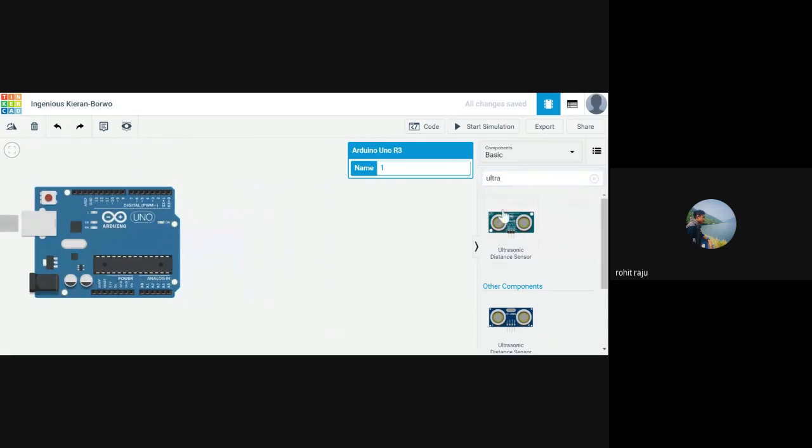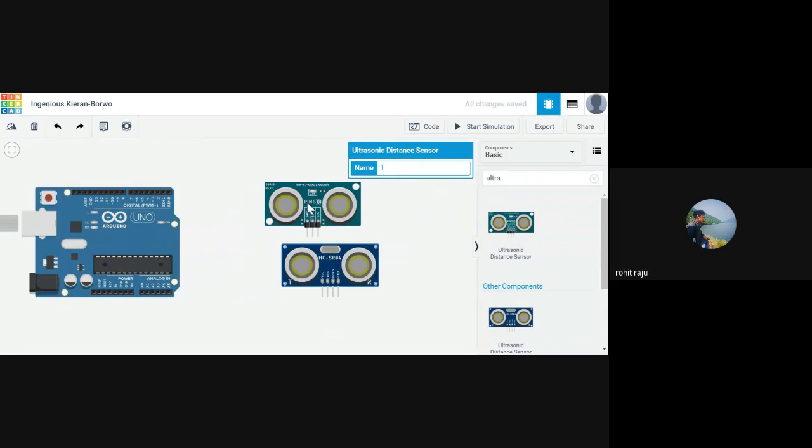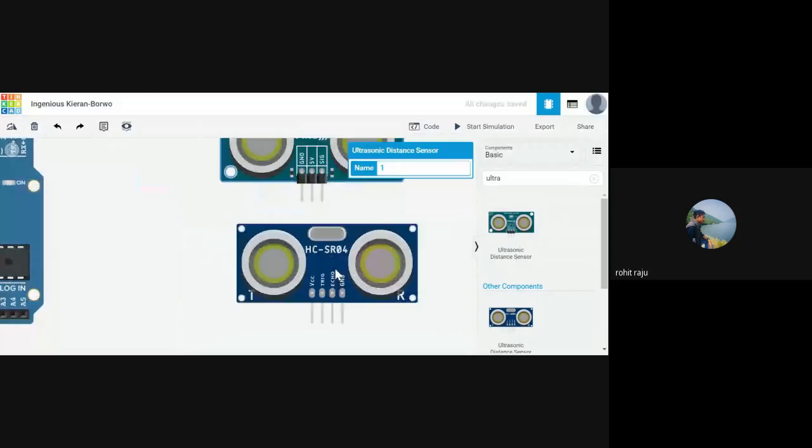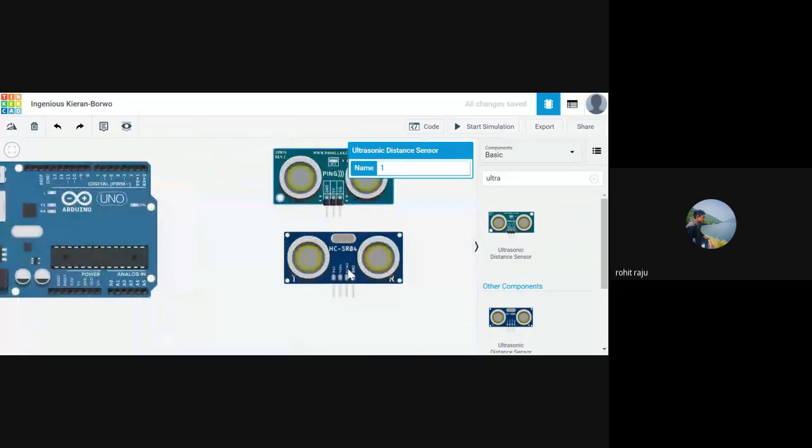Let's see what's the difference between both of them. See, one says it's from parallax.com. It's a company, and it says ping sensor. Both of them are the same, but let's see what's the difference. And this, as Dheeraj said, is HC-SR04. So we can use any of these. That won't be a problem.